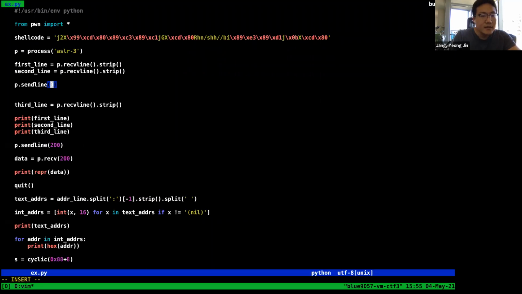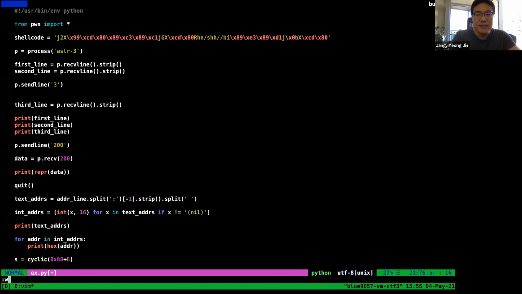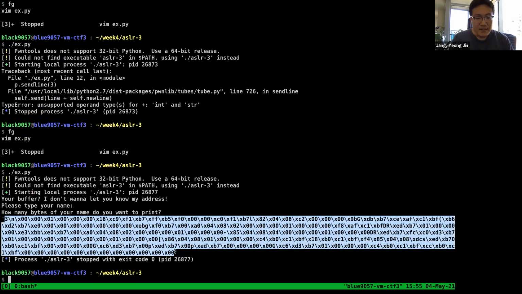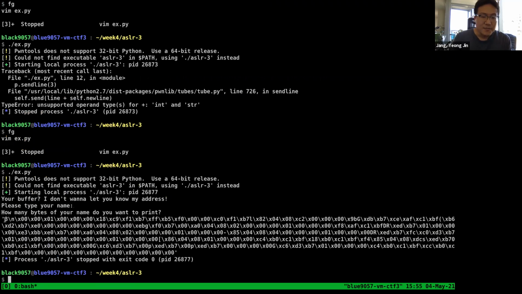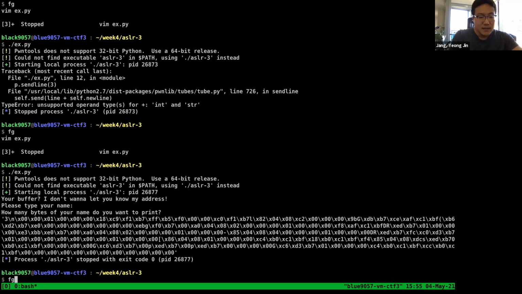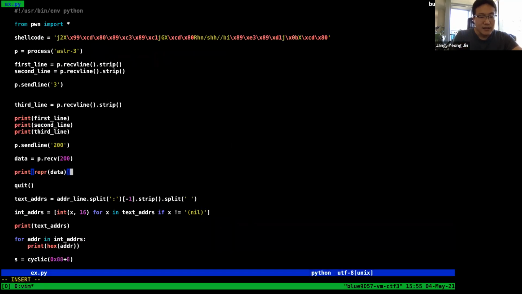My bad. It should be character 3 and then character 200. So these are the address values that we have read, but the problem is that these are binary bytes. And then we need to read these as 4-byte data and represent that as an address. And how can you do that is, so